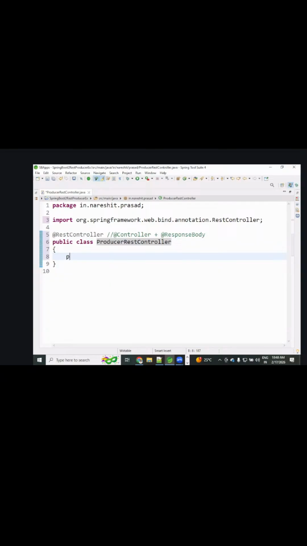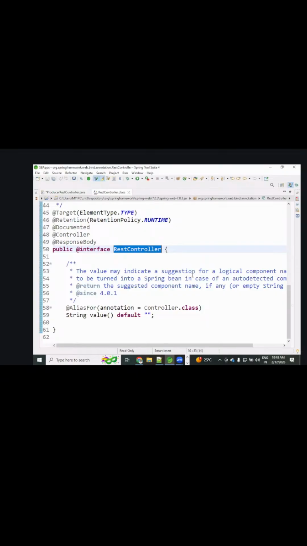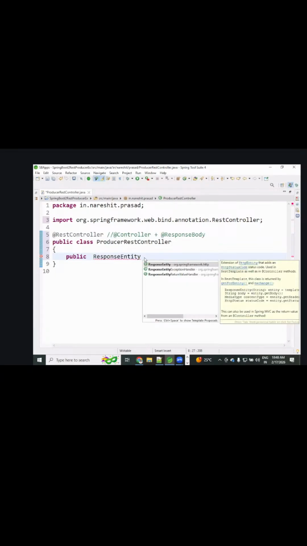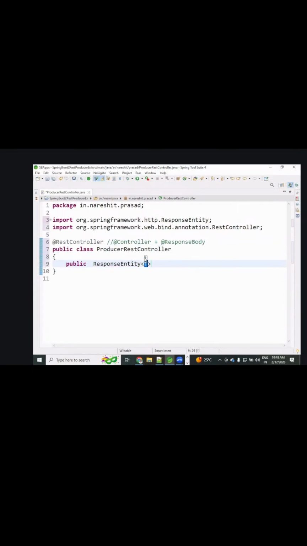That is public ResponseEntity. Here in ResponseEntity I should pass something, that is a string type.